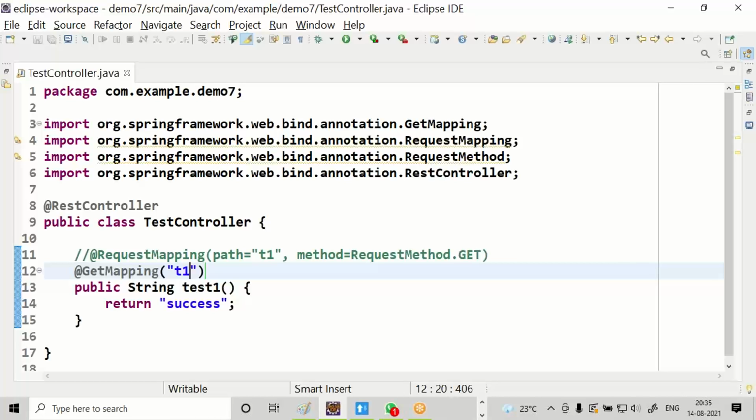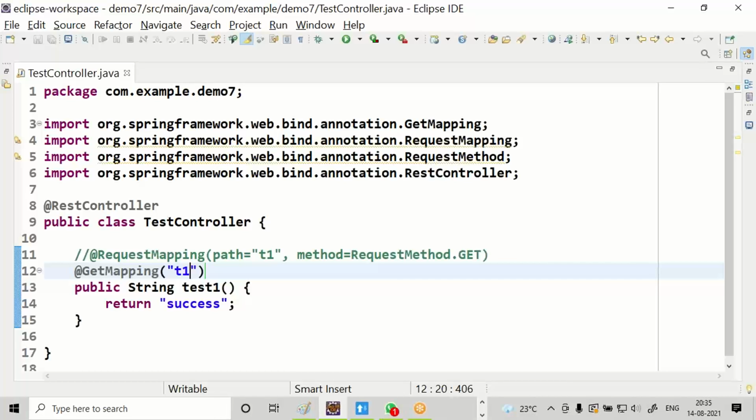Similar to this, you can find PostMapping, PutMapping, DeleteMapping, PatchMapping. Please remember, I showed only GetMapping. Even for method, I showed only get.